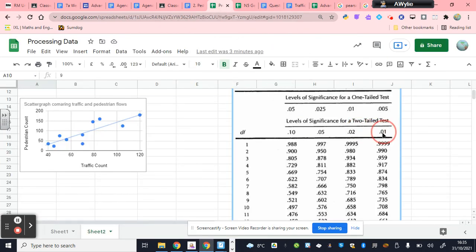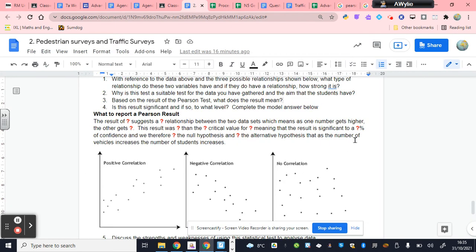If your result does get higher than this, it means that you are 99% sure that you have a relationship. Okay. If your result got higher than this, it would be 98% sure. This one is 95% sure. And if it got higher than this, so you'd have needed a 0.521, you'd have been 90% sure. So you are 99%. There's 99% confidence that we therefore, and in this case, because we are higher, we get to reject